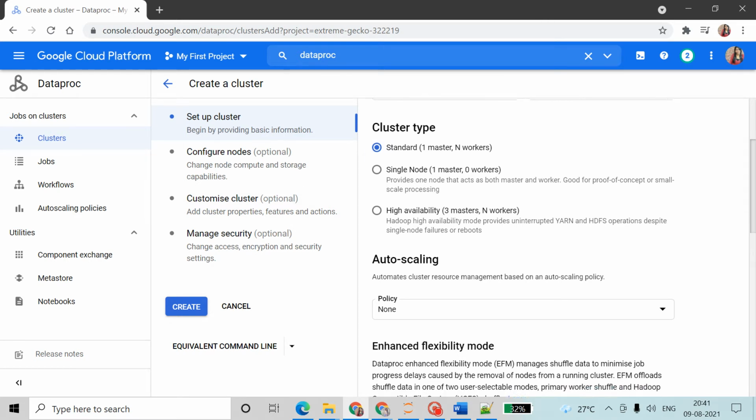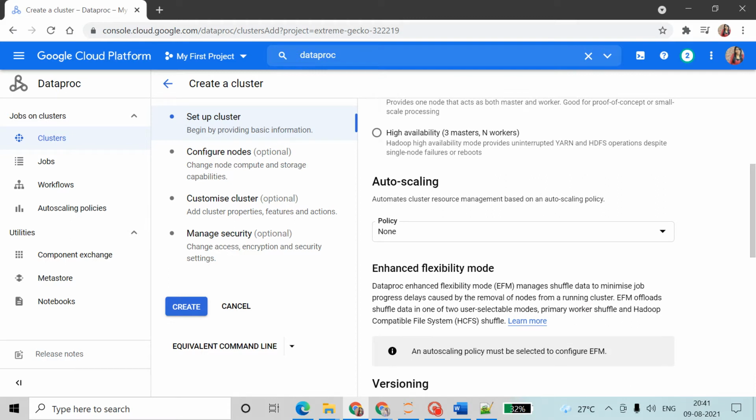So auto scaling. What is auto scaling? It means whenever you need some extra resources, it will increase, and depending on your data, it will decrease also. So it is flexible. Here we have the none option.